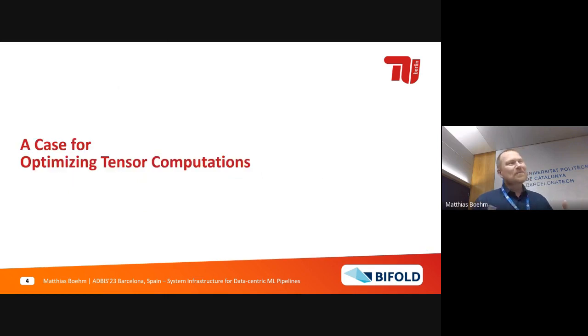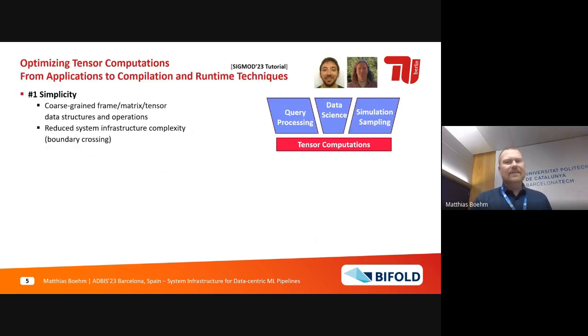Before I tell you a little bit more about the internals of those system infrastructures, I would like to make a general case for optimizing tensor computations. So this is a slide that Matteo Interlandi and Chris Jermaine and I used in a SIGMOD '23 tutorial in Seattle this year, where we make a general case for tensor computations as a narrow waist for a lot of different